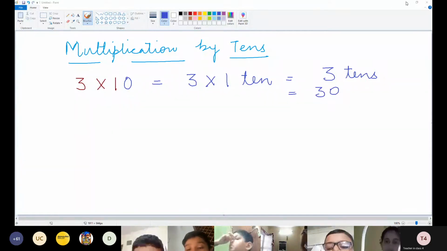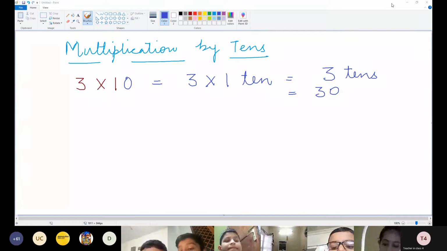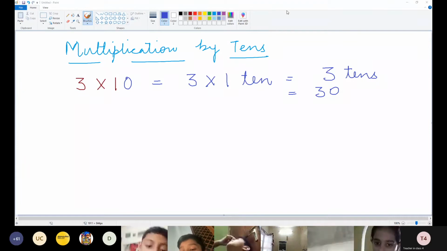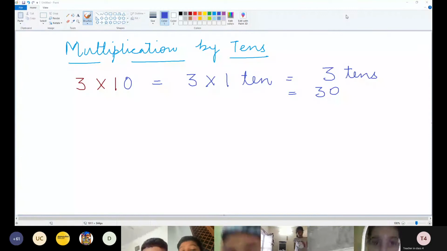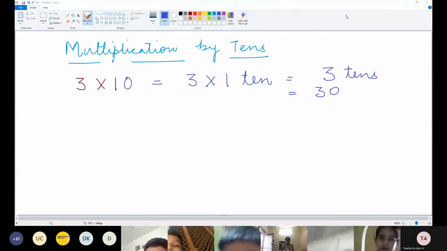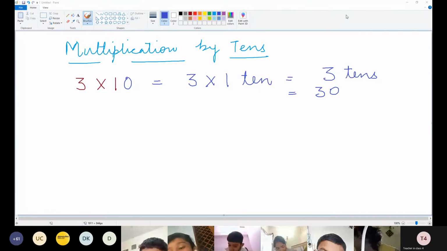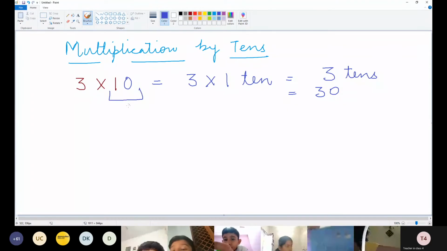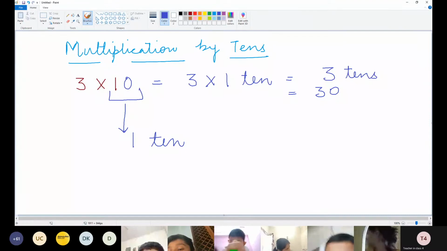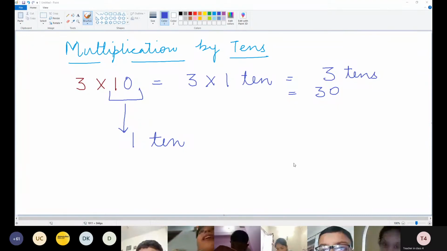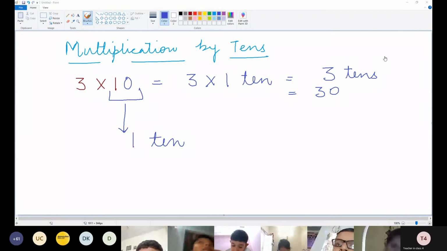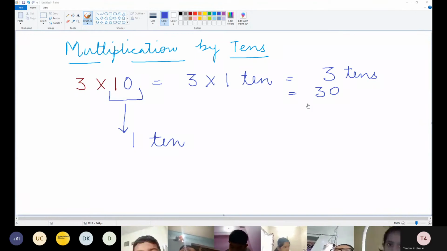Yes, children, is it clear? So what you have done, when you have multiplied 3 by 10, that means that 10 is, you have how many 10? You have 1 ten. ये जो 10 है, in this 10, how many 10s do you have? You have 1 ten. Yes, beta? यहाँ तक समझ में आया children? Listen, beta. First listen. Have you understood till here?